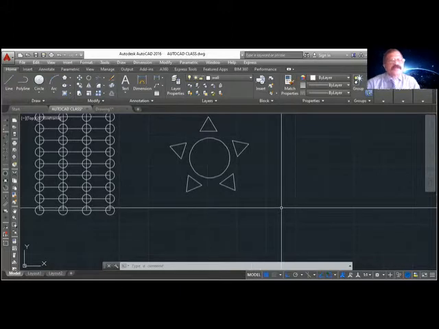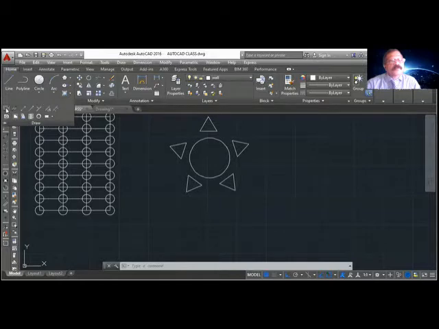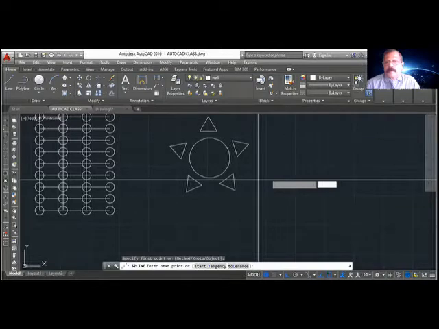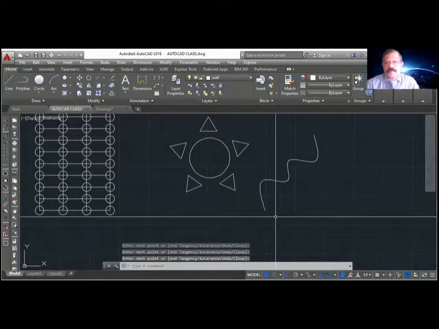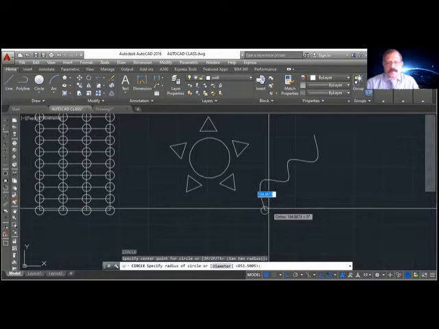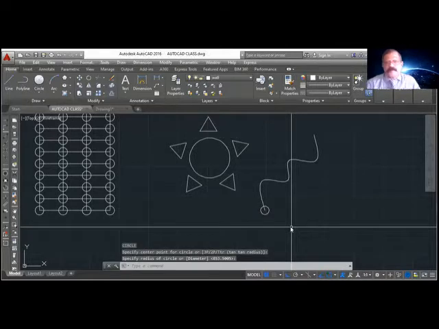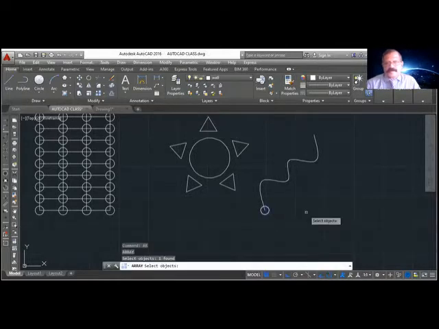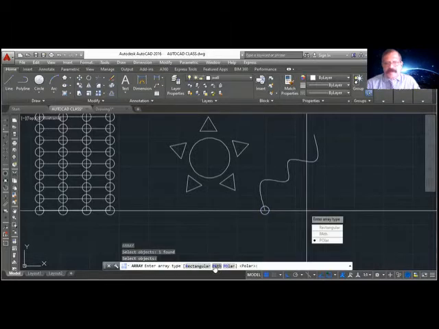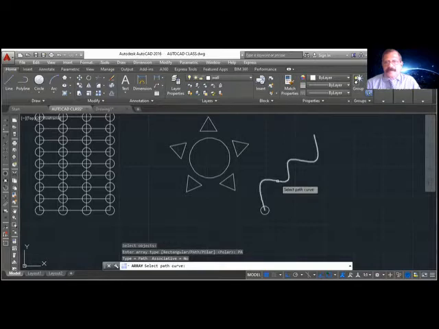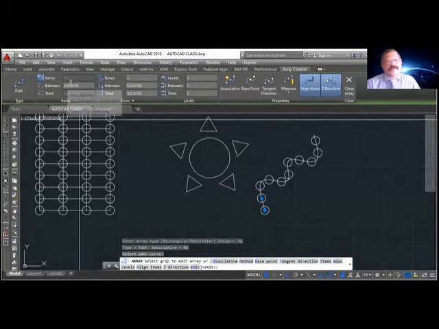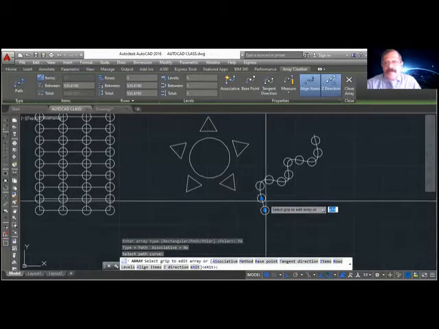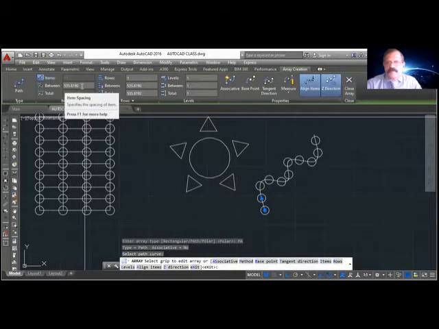I will use a smooth polyline. From here you get the smooth polyline, this one. I draw a polyline, and I will just draw a small circle here. Again, I go to array, AR, select object, enter. I want path, the shortcut is PA. Select the path. It automatically copied 11 numbers, and the spacing between these two is 535.81.